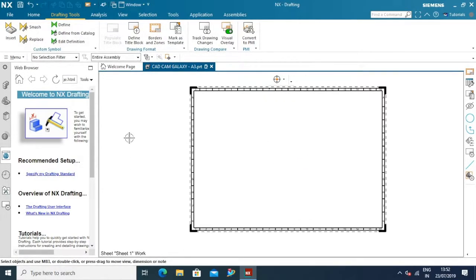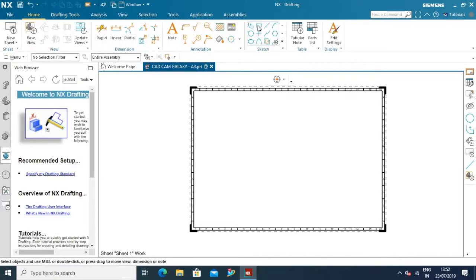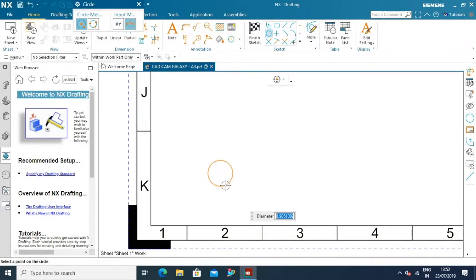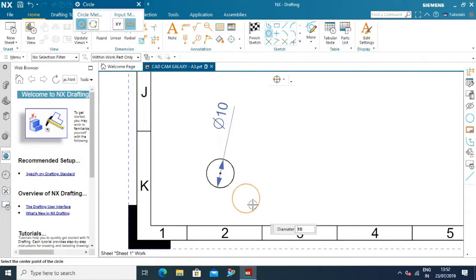Now here we also have some sketching related tools using which we can actually create the sketches or any sort of indication which is going to be permanently there on the drafting page. For example, here I want to create a symbol for third angle projection. So what I'm doing here is I'm actually using a bunch of circles and profiles in order to make that particular symbol.